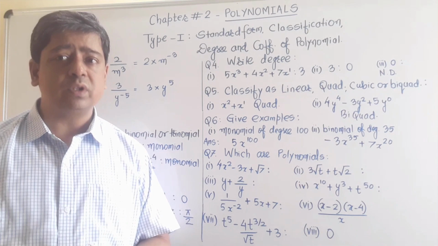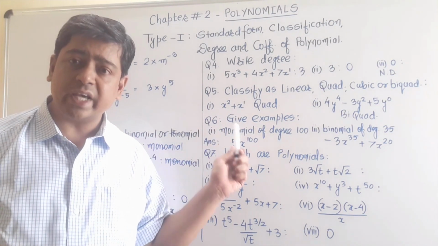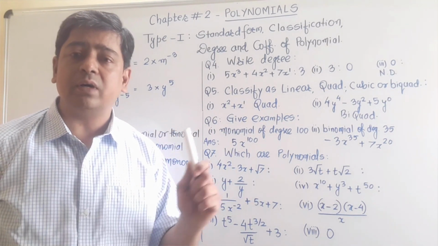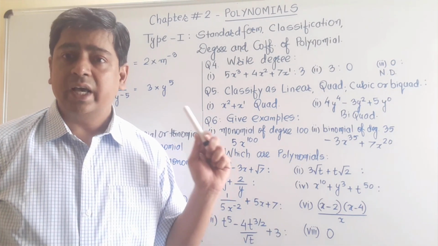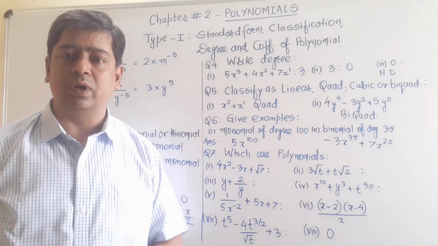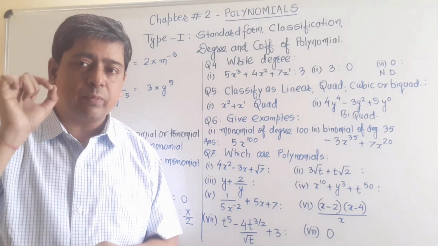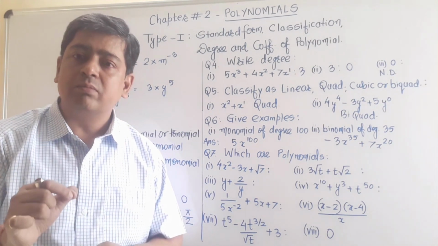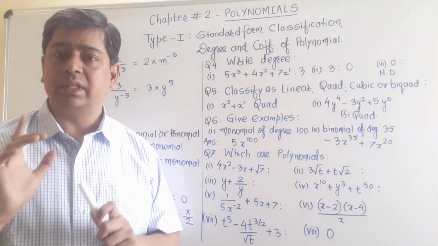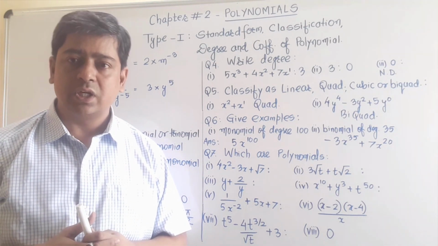And one more thing remember, here power of variable should be applicable. We have to check the power of variable whether it is a whole number or not on each and every term given in the algebraic expression. If any one particular term power is not a whole number, and the rest are all whole numbers, then also we cannot say that it is a polynomial. To say it is a polynomial, each and every term power should be a whole number. If one term does not follow the rule, then the whole algebraic expression cannot be a polynomial. Correct? Let us start the first question.